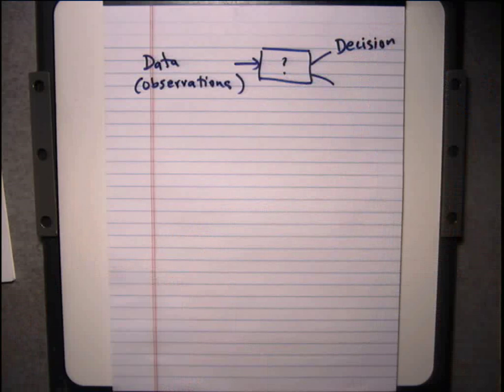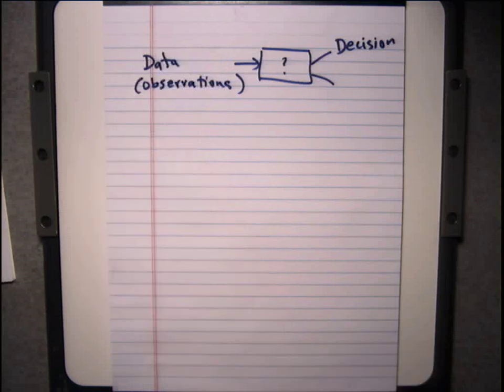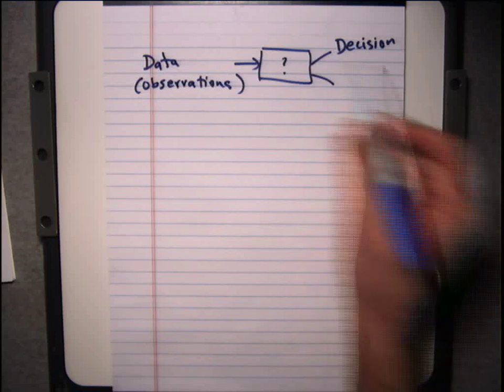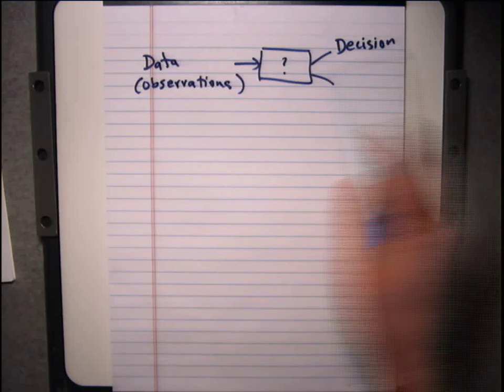Okay, so for instance, it might be that we're going to observe, let's say, the temperature, and let's say I observe the temperature in some place and I don't tell you where I'm observing this temperature. Okay, and then I ask you, well, I want you to decide whether it's summer or winter. Okay, that's a decision. I give you a bunch of temperature information. I say, in this location, which you don't know, is it summer or winter? That's a perfectly reasonable decision to make.